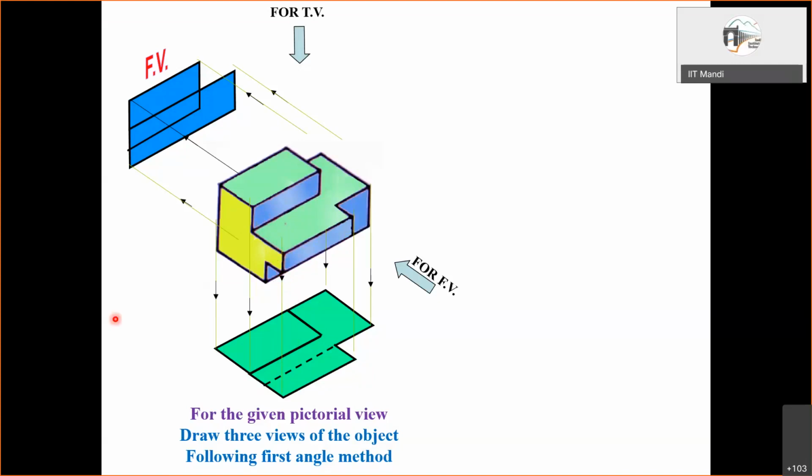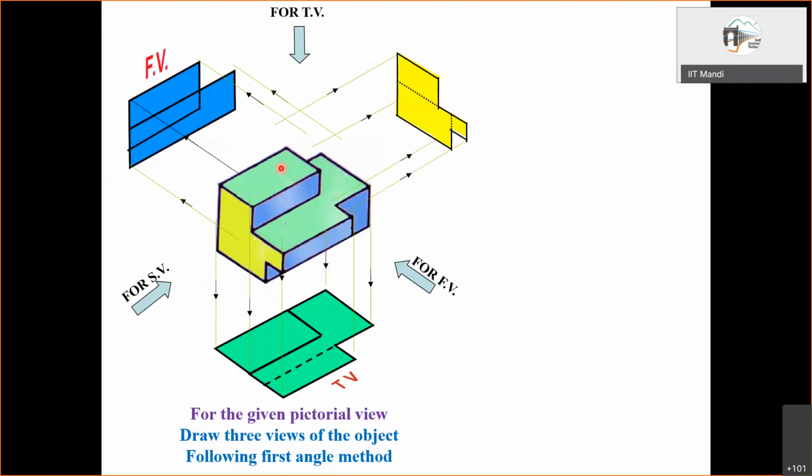Then we'll have the side view. Again, this face is completely visible, right? Then here corresponding to this one edge again will be dashed, corresponding to this point vertically downward from this pointer location, you will have again a hidden edge, right? So this yellow part, this outer boundary is formed by that. Then from this pointer, you move in the horizontal direction like this.